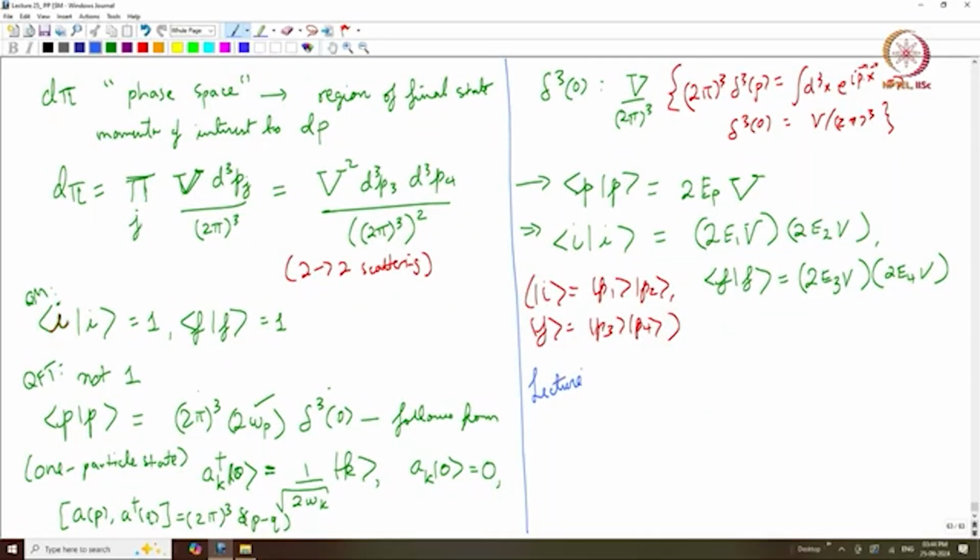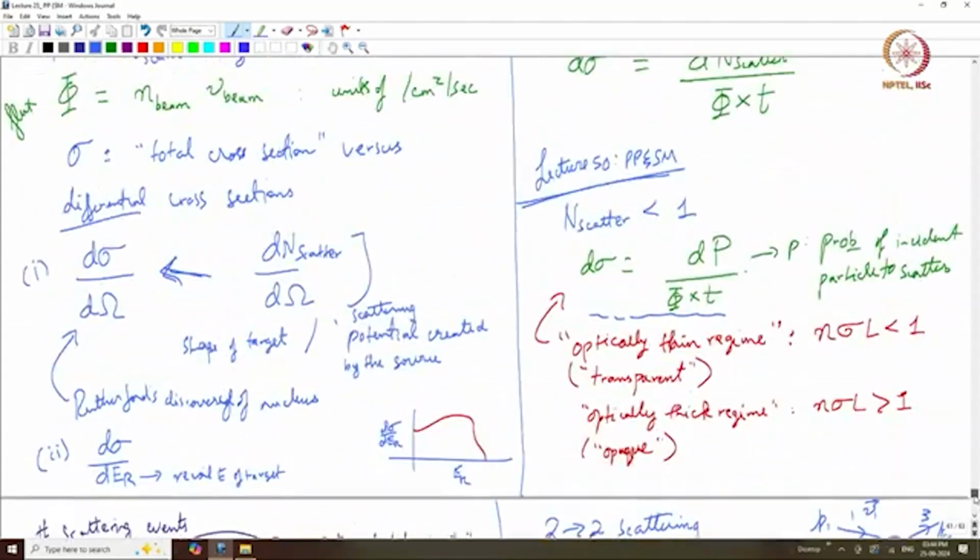Alright, so welcome back to particle physics and the Standard Model. This is lecture 51, and in the previous class we saw how to generalize our formula for the scattering cross section, in particular the